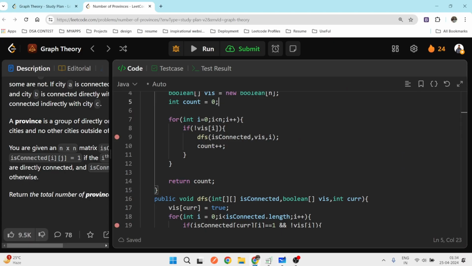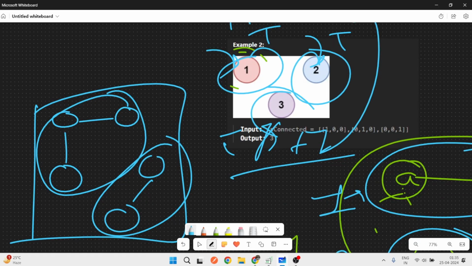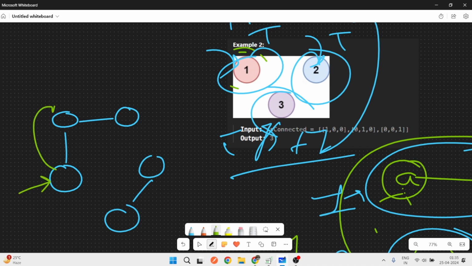Then we iterate a loop from 0 to the number of nodes. For every node that is not visited, we make a DFS call and increase the count by 1. Say we start our DFS call from this node. In that call we traverse this node also, and this node also.